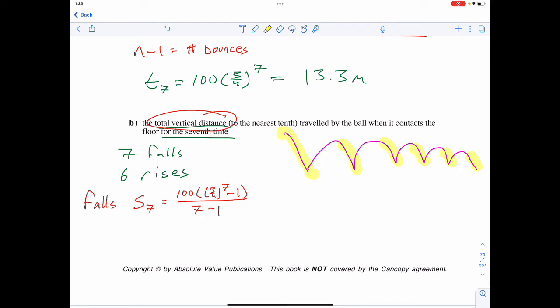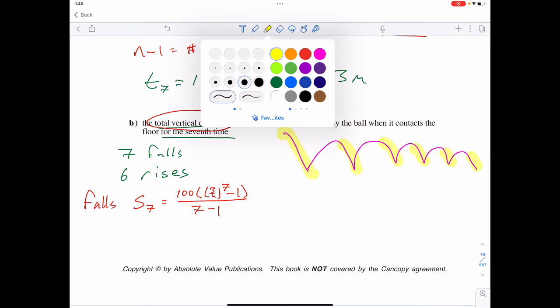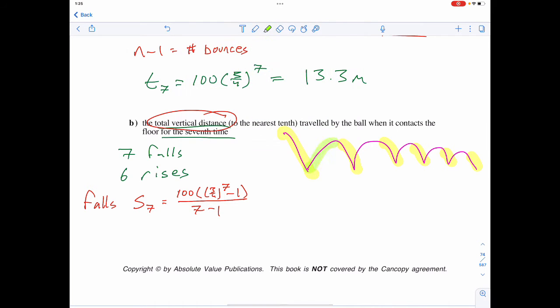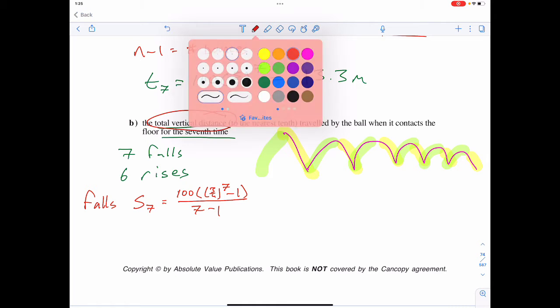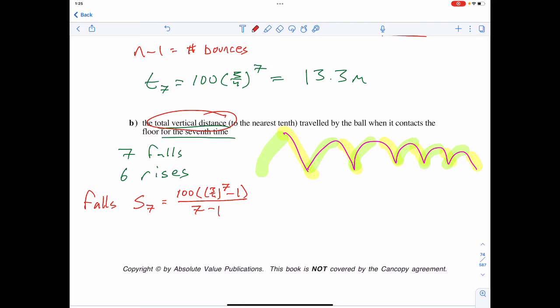We also know that it's going to rise back up. Now it's actually only going to rise back up 6 times, like I said, but we wouldn't count the rising of the first time. Well, what's the easiest way to solve this? Well, if I said that it rose and fell 7 times, then I could say that the total height would be double